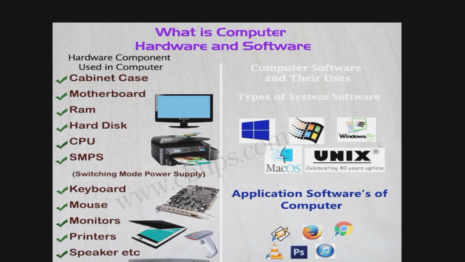Operating systems like Unix, Linux, Windows and Mac OS are examples of system software, whereas examples of application software are Mozilla Firefox, Google Chrome, VLC, Photoshop, Music, Opera Mini, PDF Reader, MS Excel and PowerPoint. Basically, computer software is a set of instructions that can be categorized into three parts: application software, system software and utility software. Hope you are all clear with the difference between hardware and software.